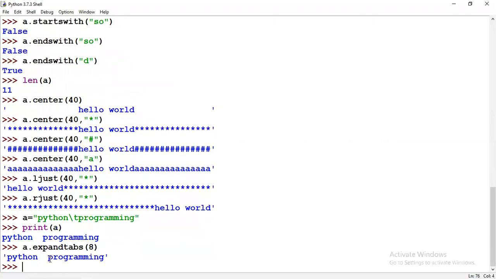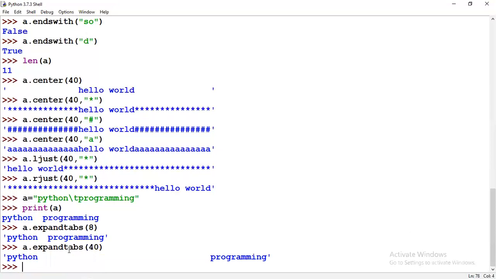So the tab size will be a little increased. See, it's actually increased. If I give 40, you will get a large size difference. It's almost 40 pixels, it has increased the gap. So wherever you have a \t, if you want to increase the size of that \t, that is the space of \t, you can use expandtabs.